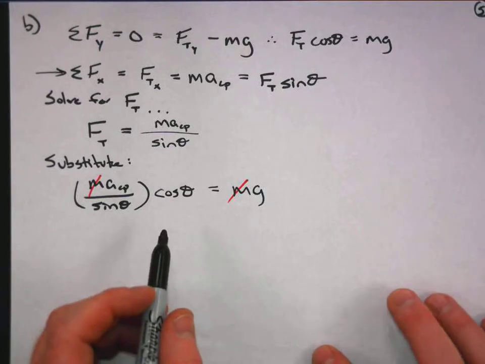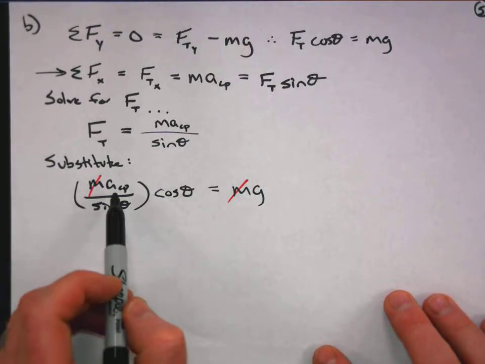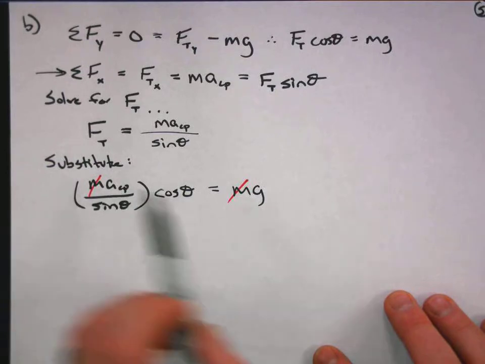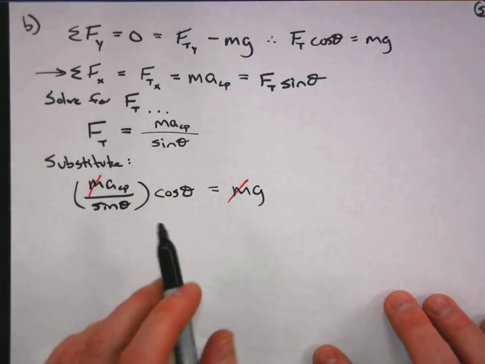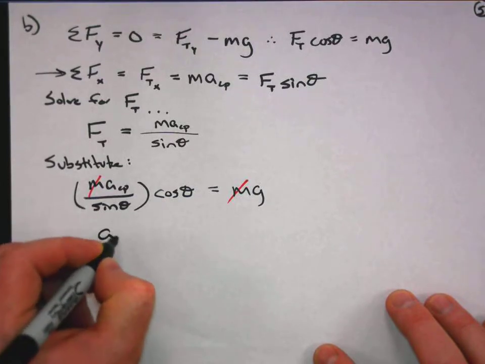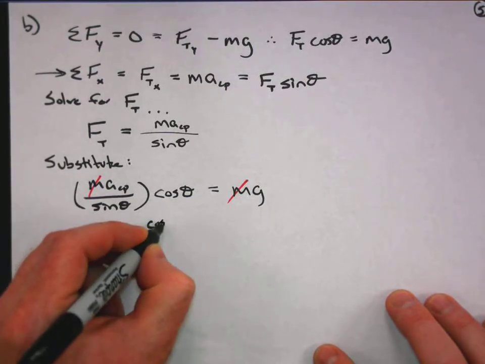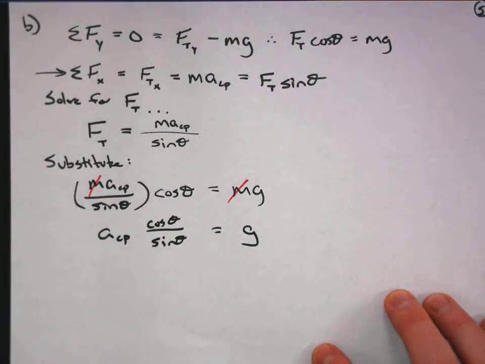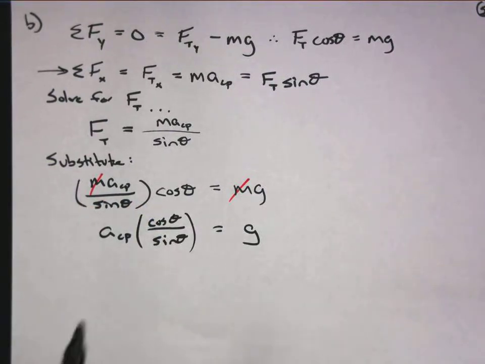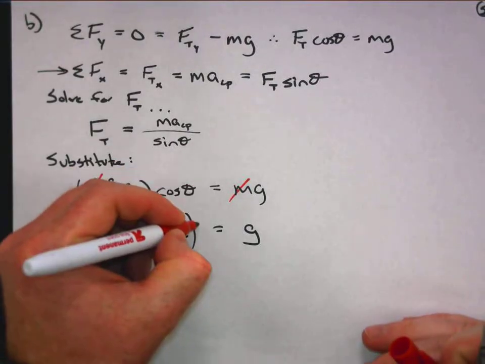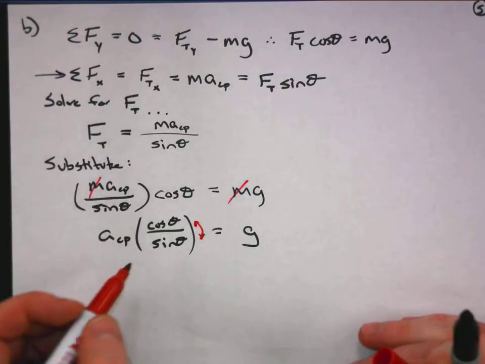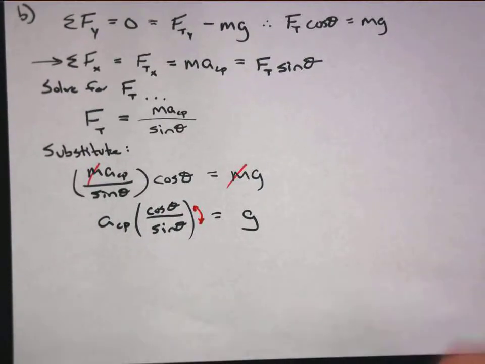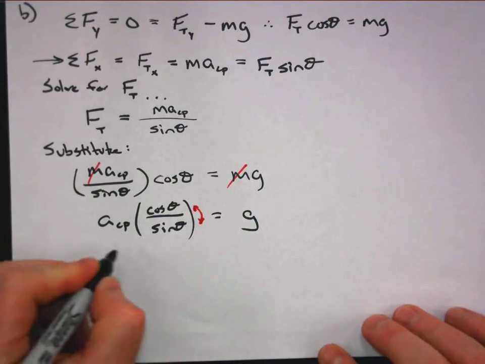But here we go. We're looking for angle theta. We have acceleration toward the center of the circle. We know what g is. We're looking for theta. I've got a sine and a cosine, and in fact, I rearrange this to look like this. Okay. Now, maybe at first glance you don't notice anything. Maybe you do, because what happens here, am I allowed to just flip this? Well, yeah, if I flip this, but I also got to flip the other side too. Take the reciprocal of both sides, and I end up with